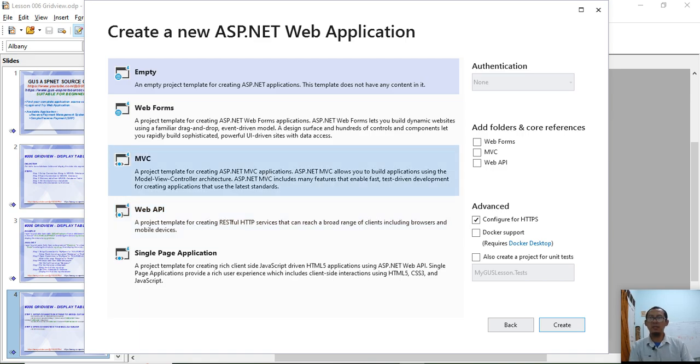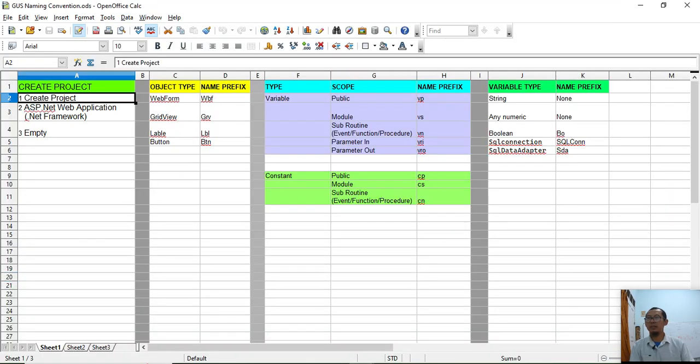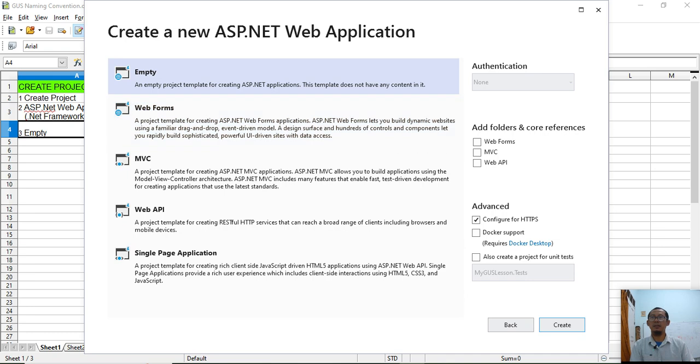Choose empty project. Okay, here are the steps. Create project, choose ASP.NET Web application and choose empty. These are the steps that I usually take to create an ASP.NET Web application.